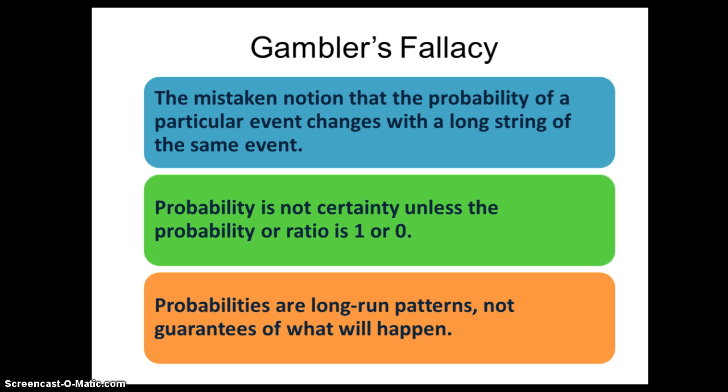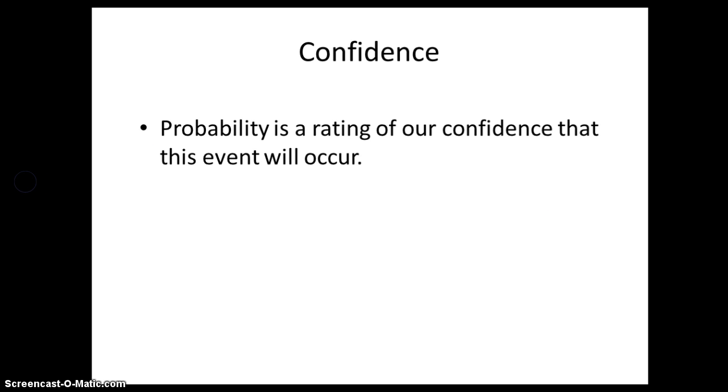Probabilities are long-run patterns, and they are not guarantees of what will happen. It just gives us a sense of what's the likelihood that a particular event might happen in the long run. So this brings us to the next thing, which is confidence. In hypothesis testing, probability is a rating of our confidence that this event will occur. So if you get a statistically significant result, you're pretty confident that the difference you found is unlikely to